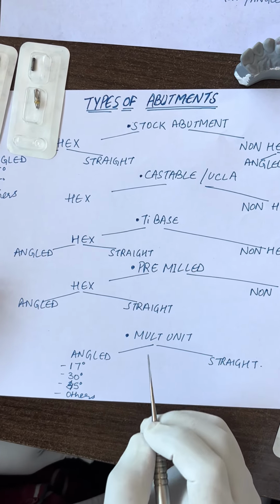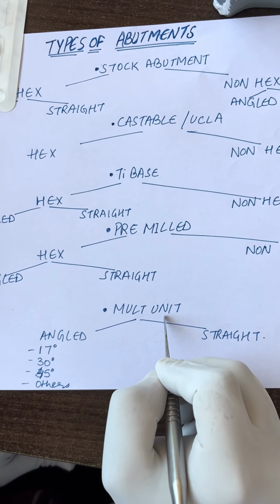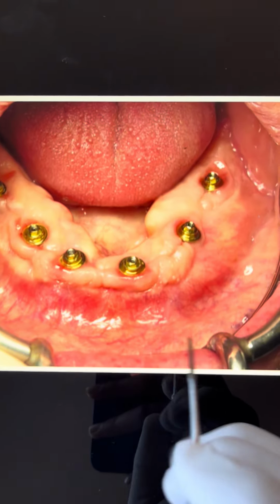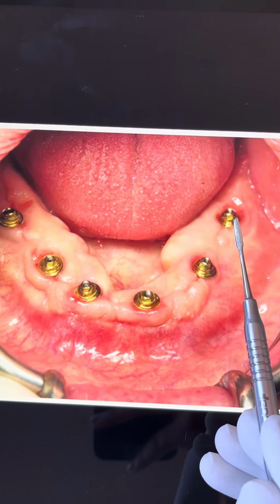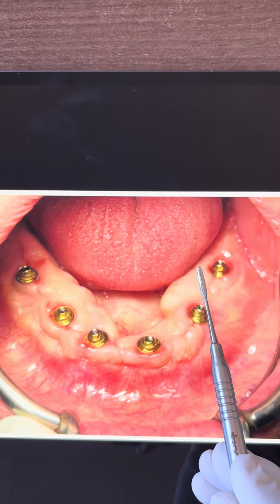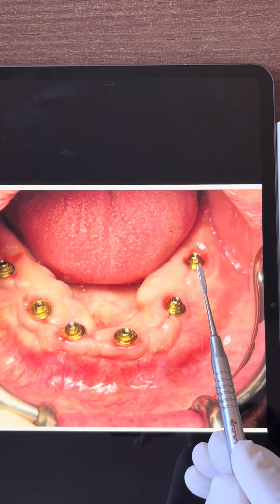Right, now let's talk about the multi-unit abutment. For arch restoration or a full mouth restoration, you have this multi-unit abutment. You see, the best part of the multi-unit abutment is that the prosthesis will be made over this multi-unit abutment, and it will be supra-gingival. So you need not replace or change these abutments again and again. What we normally